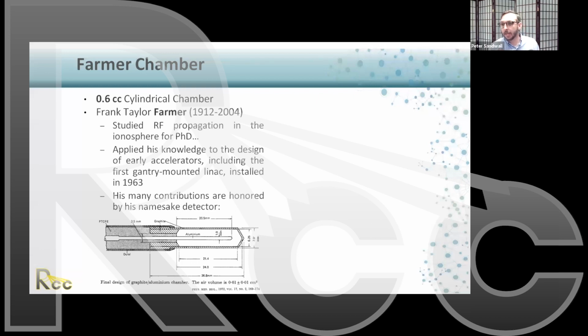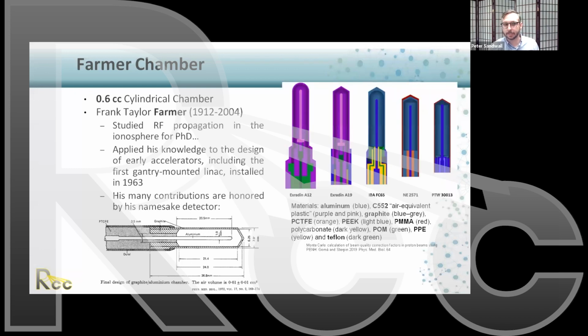The Farmer chamber is now just a name for a class of detectors, and there are all kinds of different types of Farmer chambers. There's this A12, which has more of a hemispherical tip than the traditional pointed tips. You can see that the geometries are slightly different. The volumes are all close to 0.6 cc, but not quite. And one of the big differences between them is the materials they're manufactured with. This is important to pay attention to, because the material impacts the energy sensitivity. So each one of these chambers